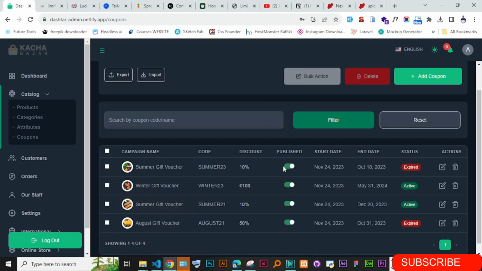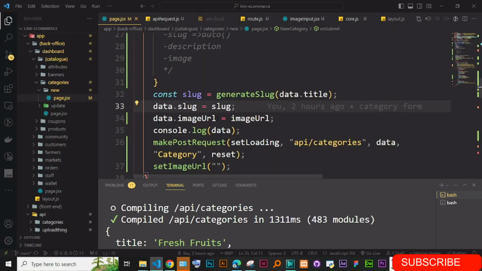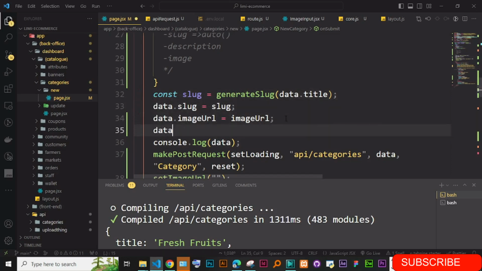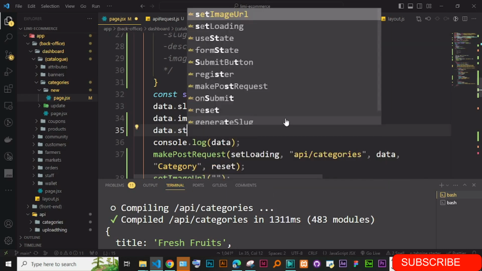Even for the other one, we can have the status active, and I'm just going to add that here on this one, and you can just say data.status